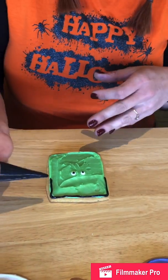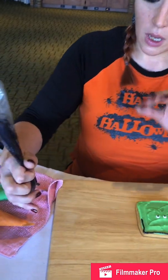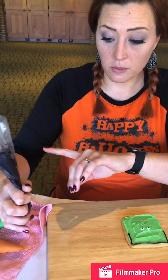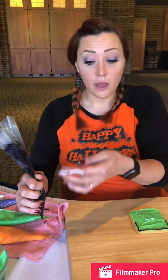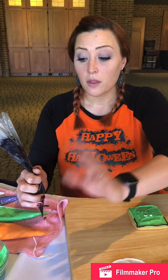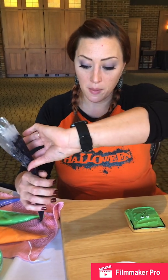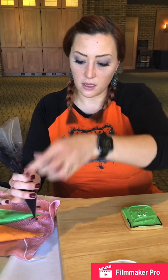So you can see as I'm holding my bag, to keep it from squeezing out of the top, you will have those twist ties which you can put back onto the bag if it helps. They won't be overly full, but you should never rely just on your tie. The proper technique for using a piping bag is actually to twist it at the top of where your icing is,